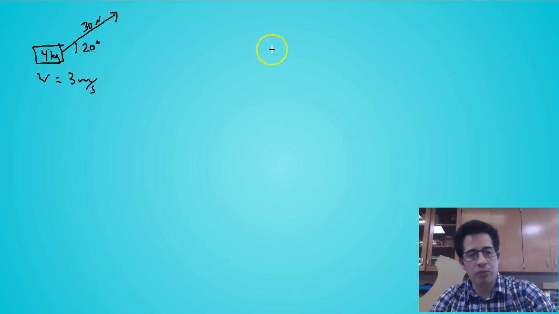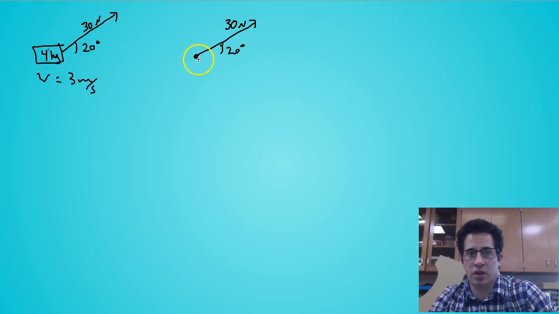Okay, and so I want to just create a free body diagram, and I want us to quantify all the forces acting. Okay, so we have this pull upward at an angle that we know is going to be equal to 30 newtons. It's at an angle of 20 degrees above horizontal. We know that's going to have weight because it's on Earth,